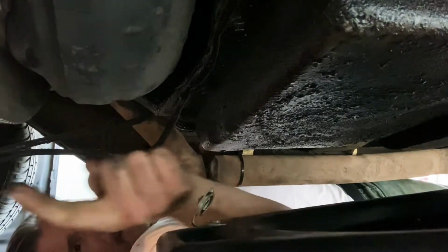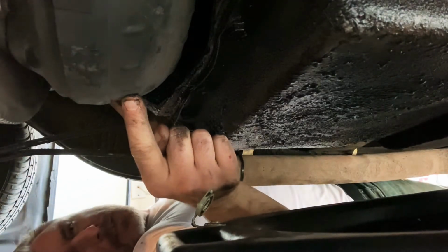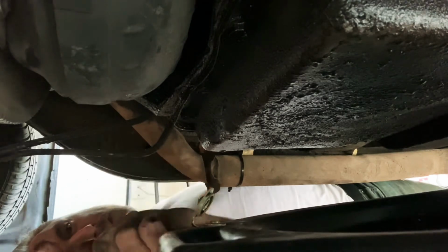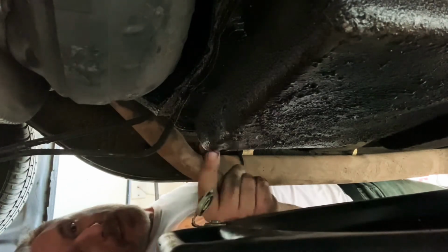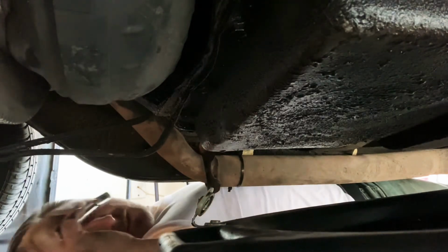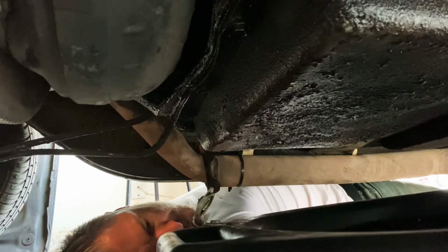On the car now. That's the flex plate. That's the, what do you call that? It's that thingy, it's full of fluid. Torque converter. That's the torque converter. And that is the transmission pan. We're gonna go ahead and drain this transmission. I really don't have any clue what I'm...